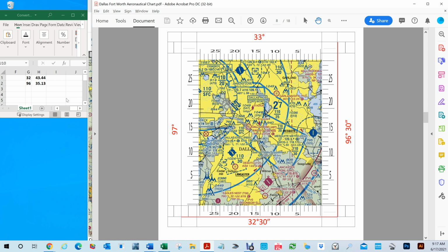Okay, so let's start with the latitude. So we've got 32.4, let's say 32, not point, because I've already broken it down. So it's 32 degrees, 44.44 minutes. Okay, you can get down to, look how I enlarge this thing. Now I'm going to grab this line. So remember, this line right here starts at 32 degrees 30 minutes. And each one of these